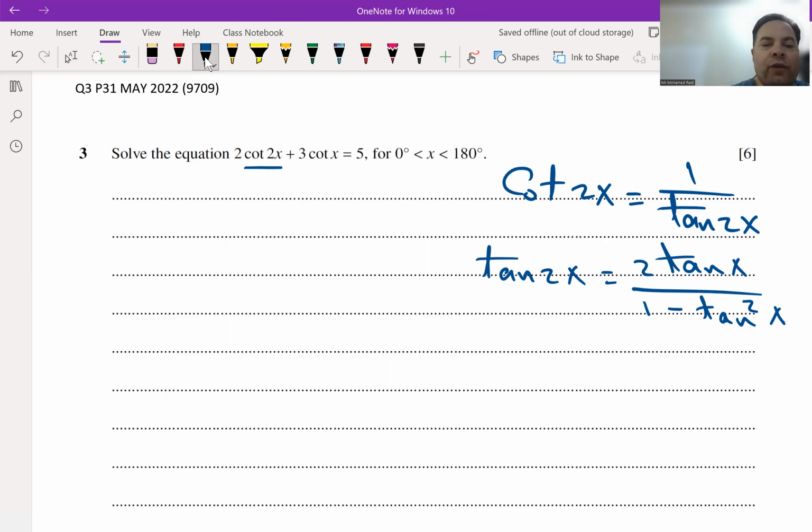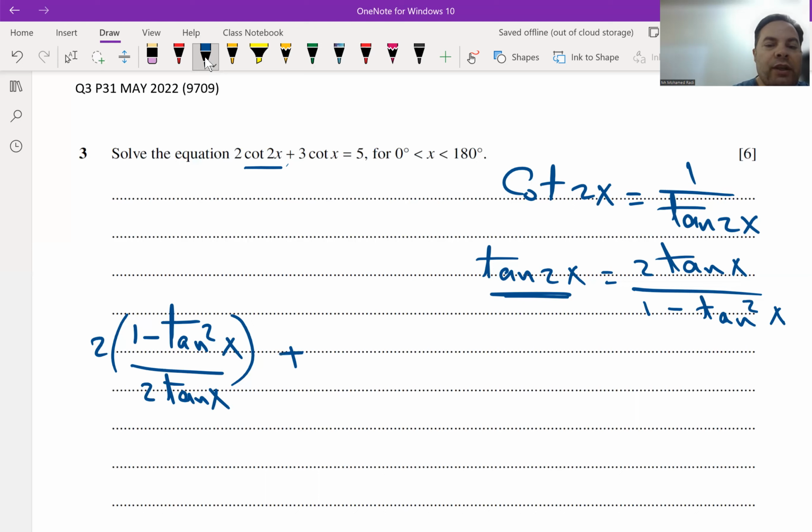So cot 2x will be the reciprocal of tan 2x. So 2 cot 2x, written as the reciprocal, is 1 minus tan squared x divided by 2 tan x